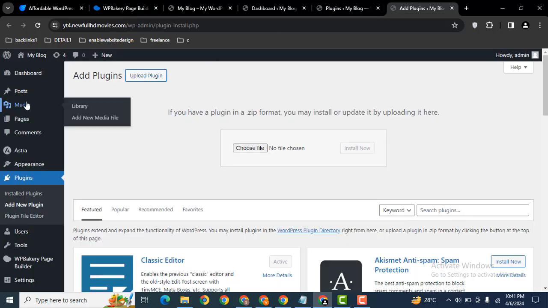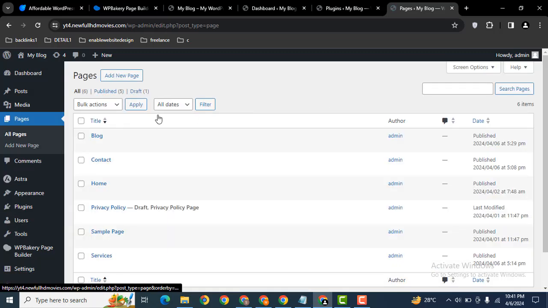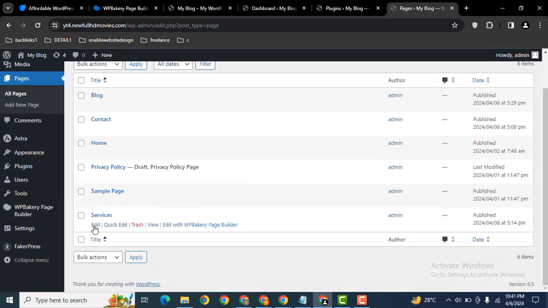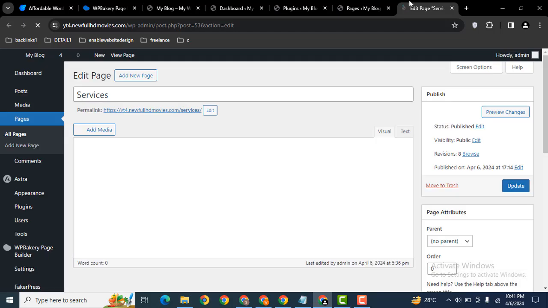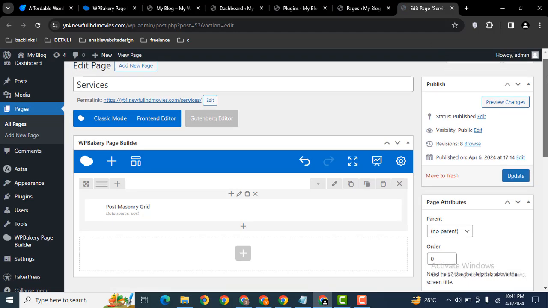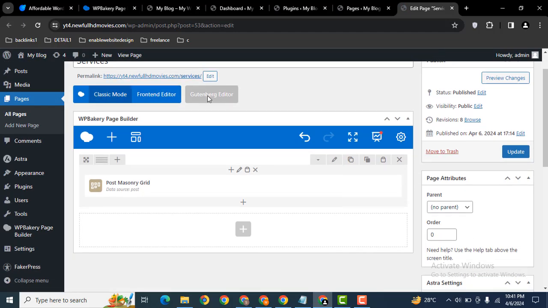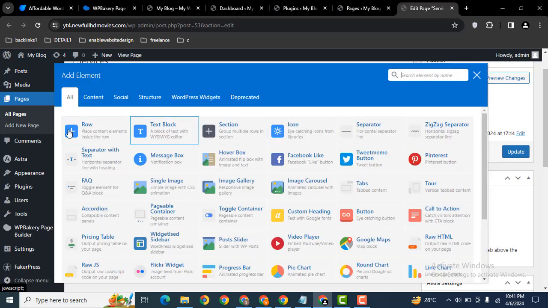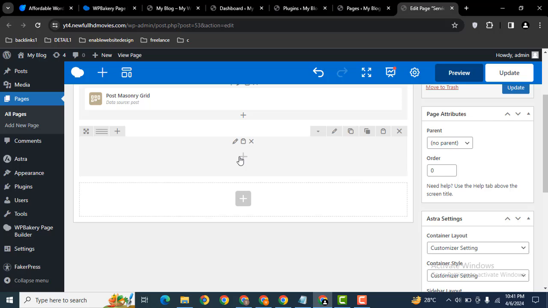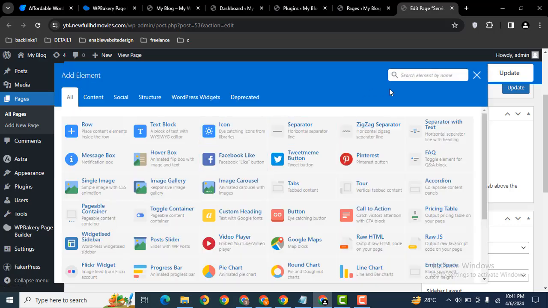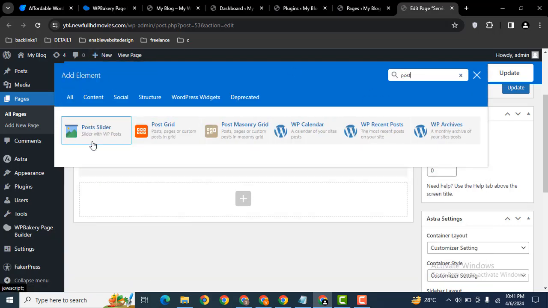Okay guys, let's go to the pages and scroll down. Let's edit one of the pages. Then scroll down. Make sure that here you have selected front-end editor or back-end editor. Then let me add a new row, and after that again click on the plus icon, then search for post. So here I can select post slider,